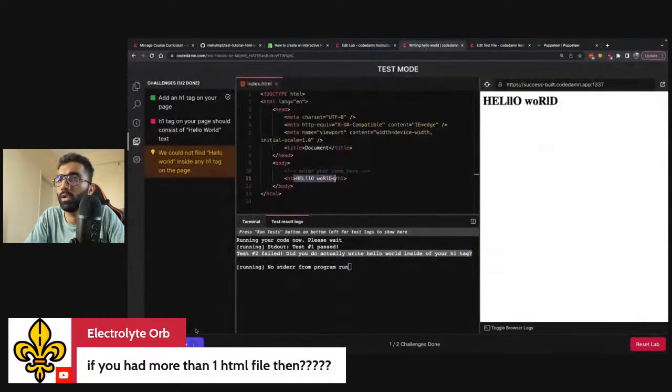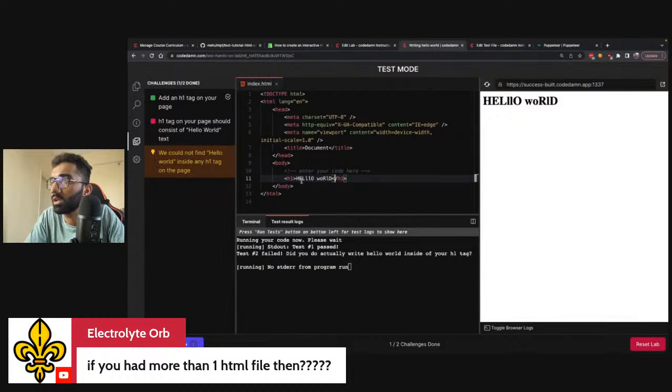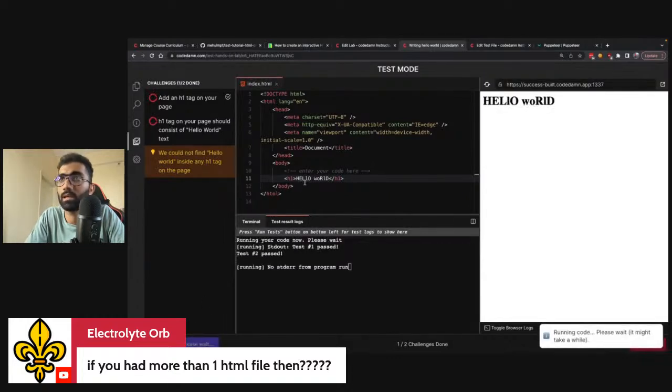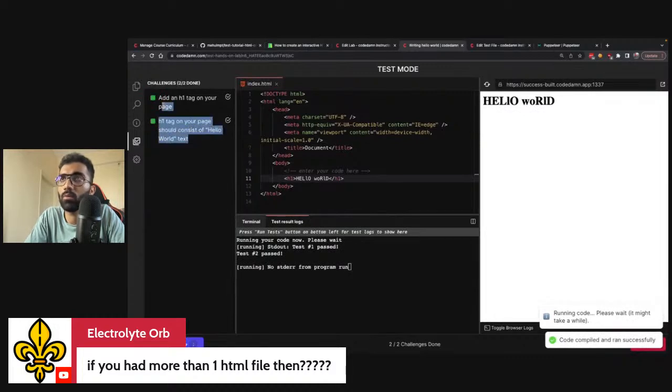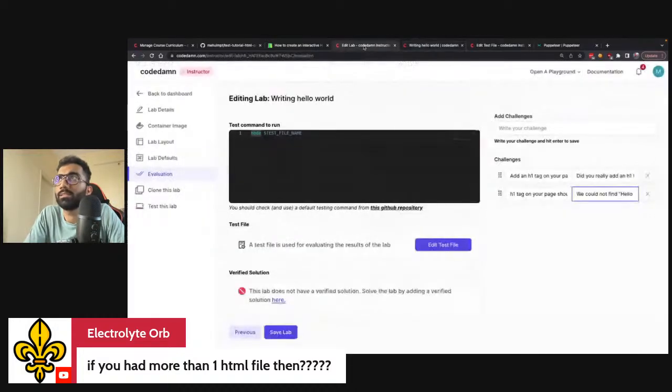So now if I go ahead and run test on this, you can see this also did not work because we have an extra L over here. So you can see this can be helpful. You see that now both of these tests pass because now we have hello world written over here, and this is converted into lowercase. And you can also see this as a preview. So that is how you can create a very simple lab.